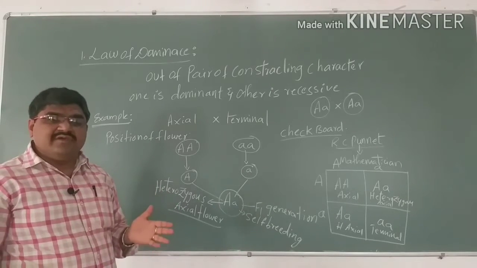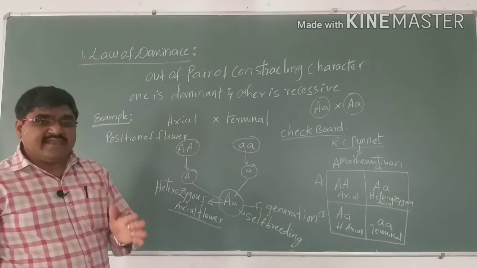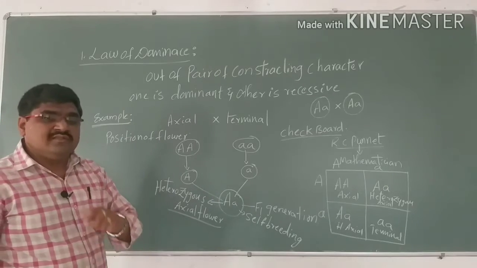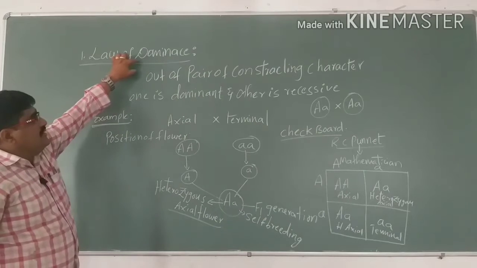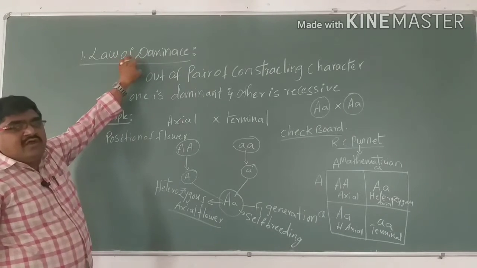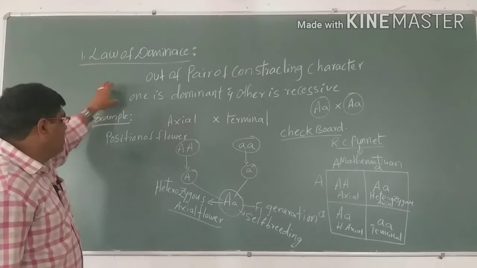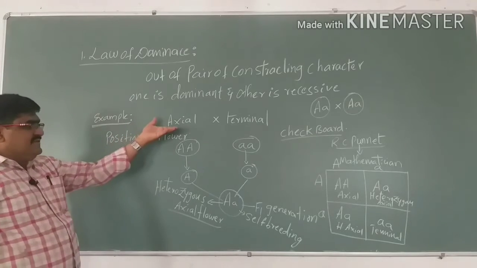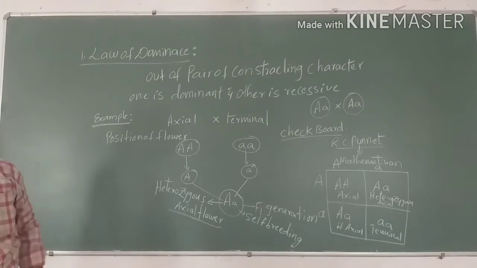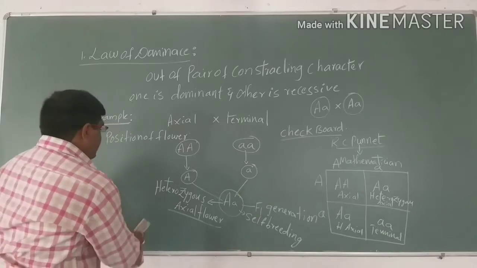A dominant character means the character that is expressed over one of the contrasting characters and is dominant over the recessive. Such a condition we can call a dominant character, or the law of dominance, which was explained by Mendel. An example is the axial and the terminal. Next, coming to the second one,